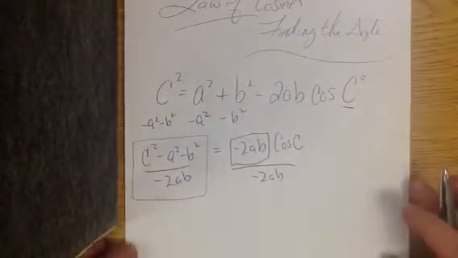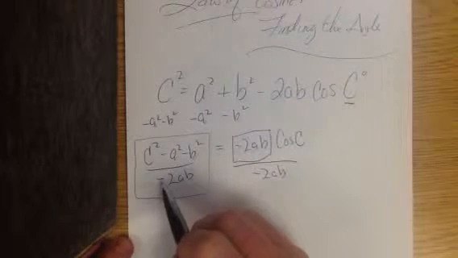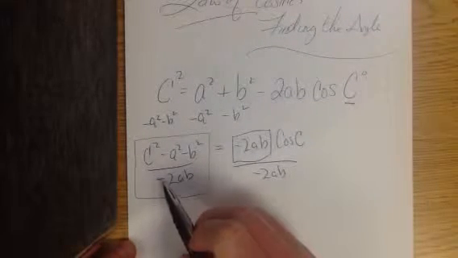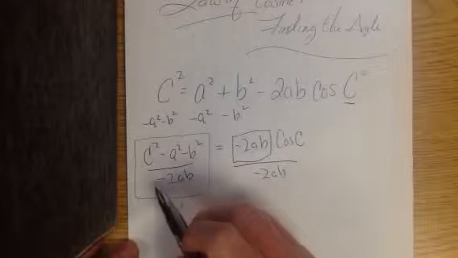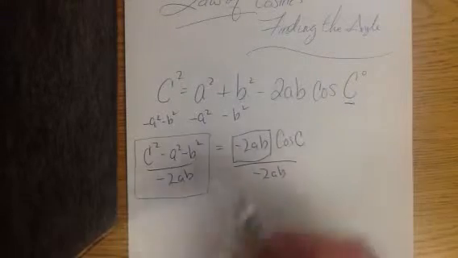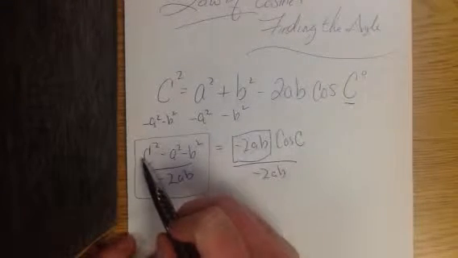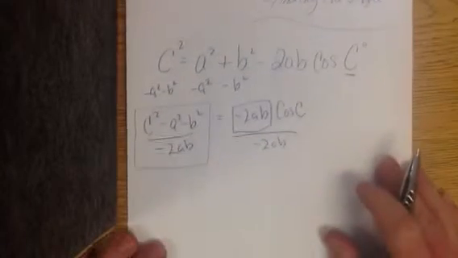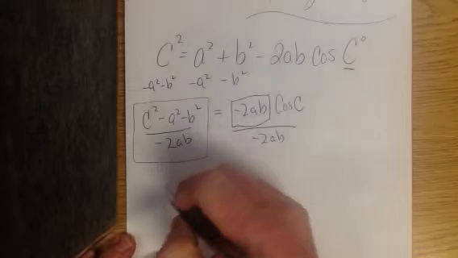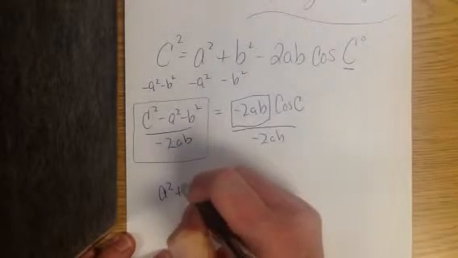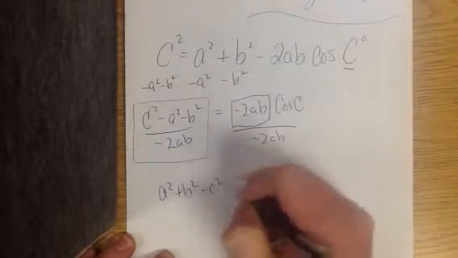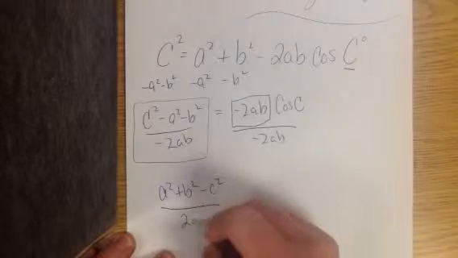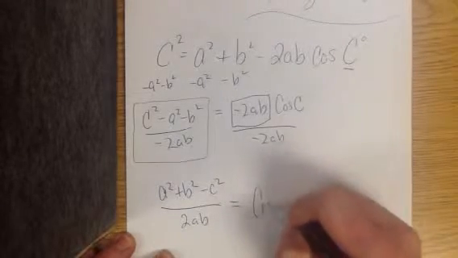But before we go too far into it, I notice that I'm dividing by a negative. When I divide by a negative, my numerator, I can get rid of this negative by kind of assimilating it into the fraction. So this positive becomes a negative, and these two negatives become a positive. So this actually turns into a squared plus b squared minus c squared all over 2ab equals the cosine of